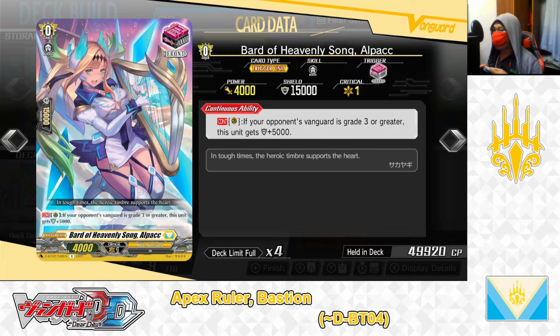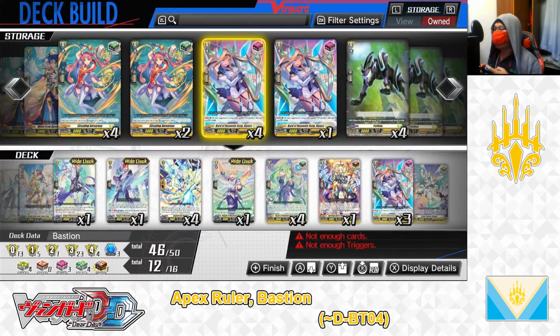Skill, continuous as a guardian: if your opponent's Vanguard is Grade 3 or greater, this unit gets plus 5,000 shield. So for Alpac, she's a very powerful front trigger to play in your Keter Sanctuary Nation decks. Per her skill, just by using her to guard with while your opponent's Vanguard is Grade 3 or greater, she gets plus 5,000 shield, making Alpac a 20,000 point shield all on her own. So for Alpac, we're playing 3 in the deck. Okay, next up,